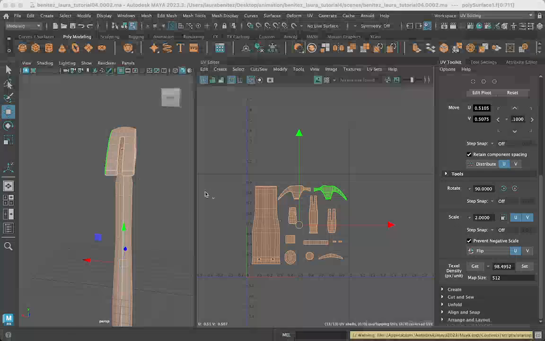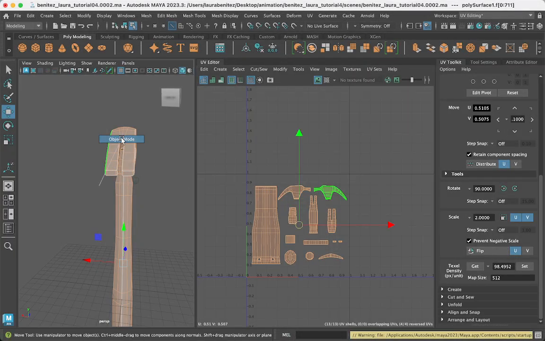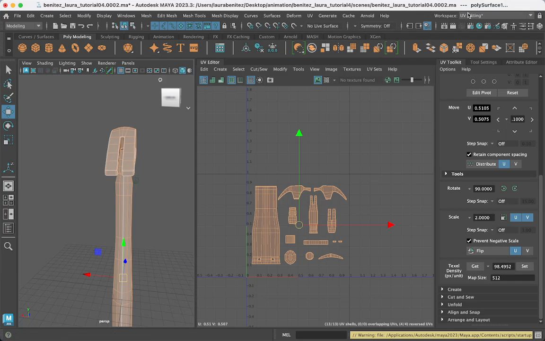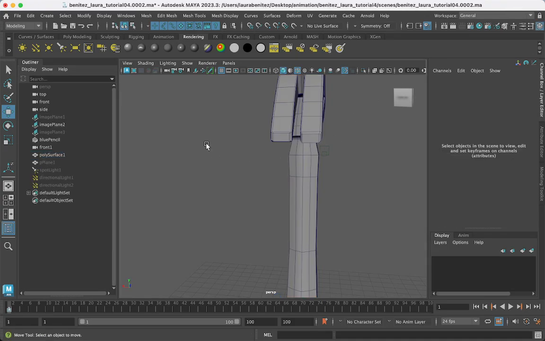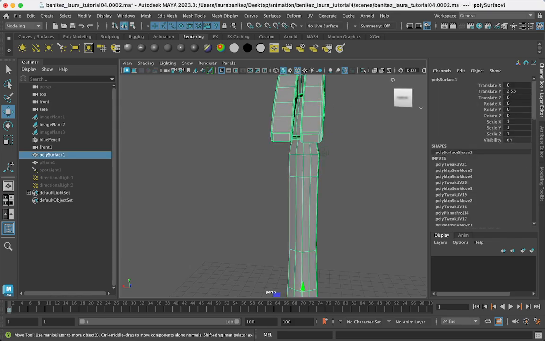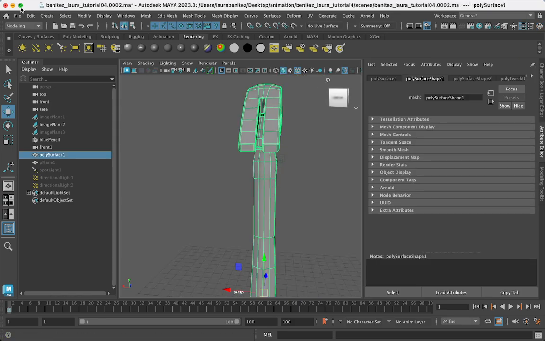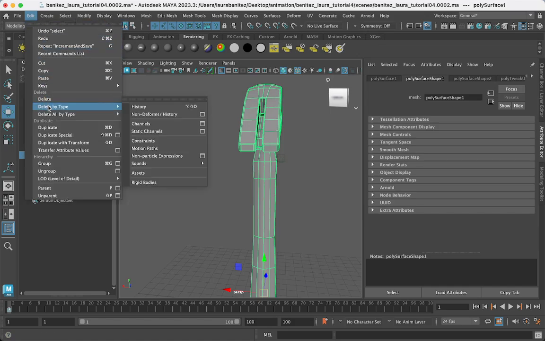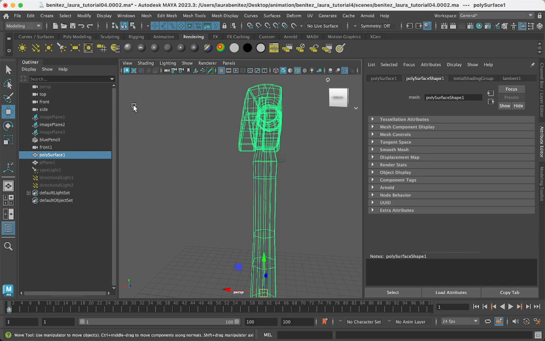Maya, and I'm going to go to object mode. I'm going to go to my general workspace now that I'm done editing my UVs. I'm going to assign a new material because by default any object that we add has a Lambert 1 shader. That's the default shader, and we don't want to adjust Lambert 1. So if I click on this object, you'll notice if I go to the attribute editor, oh, let's delete our history here, edit, delete by type, history,